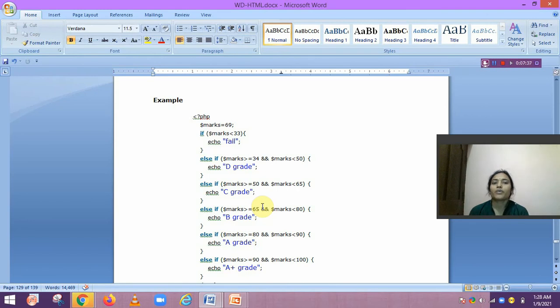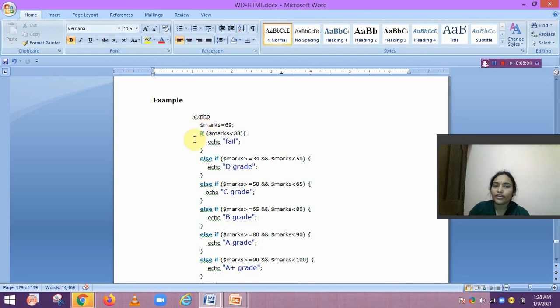So in this way here it will show you an example, which is the grade. If the student secures marks, he can pass or fail, or he can get a particular grade. So here, first we open the PHP opening tag, then we declare a variable $marks equal to 69.